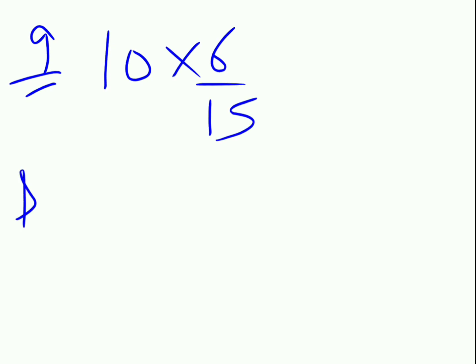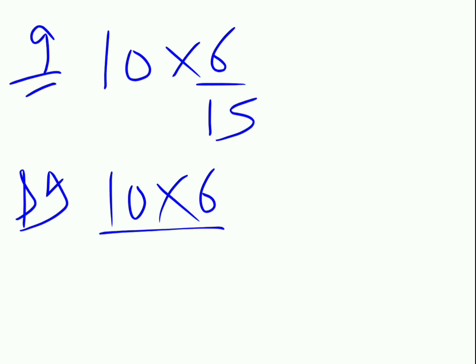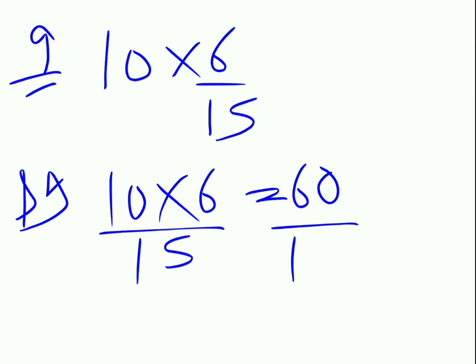Now we do the 9th part, that is 10 into 6 upon 15. So 10 into 6 upon 15. So 10 6s are 60. 60 upon 15. Now 60 and 15, both the numbers come in one table. So you divide these numbers. So 60 and 15, when you divide it, your answer will be 4. Clear?